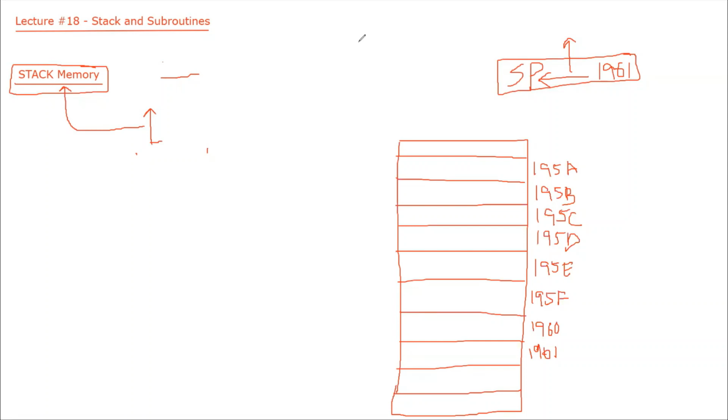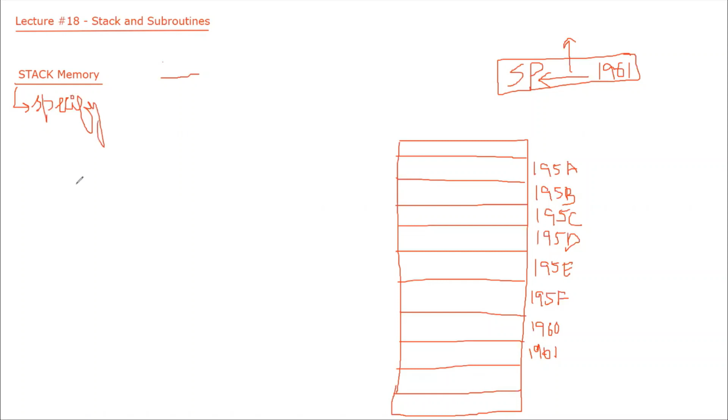So as I said, let's say I am writing a program, and I am a programmer. Now I want to use a stack memory. So I am in need of a stack memory. Why am I in need of a stack memory? I will explain why I need a stack memory. However, before starting to use a stack memory, I have to specify which locations I will be using as a stack memory.